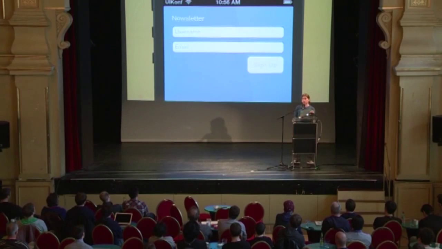And now we want to change the requirements a little bit and say that the email address is not validated locally anymore. It's going to be validated in the cloud. Think about how you would implement that. You would first have to make sure that only if the email address changes, you check whether there's a connection already running, and then you would have to cancel that and send a new connection and everything. And the example gets even more complicated, but it doesn't really have to, right? So how could we do it with